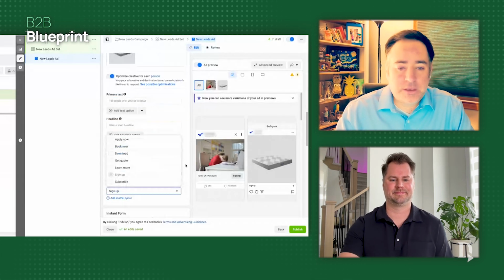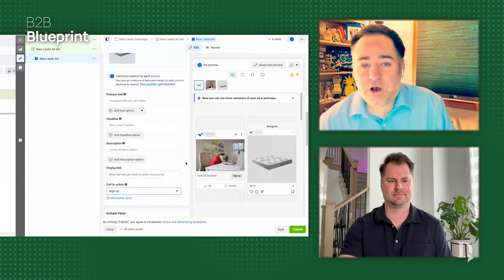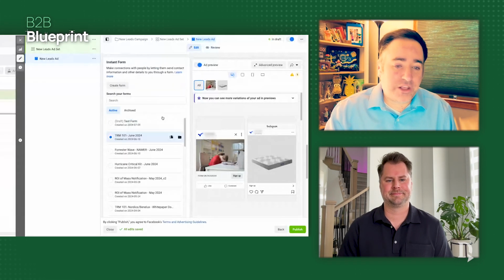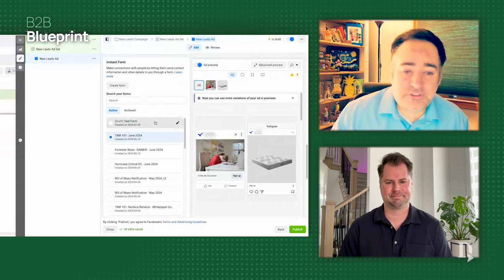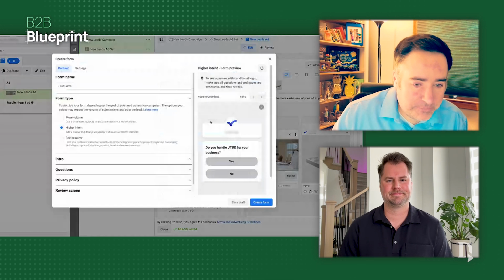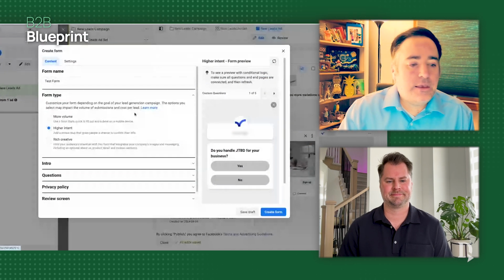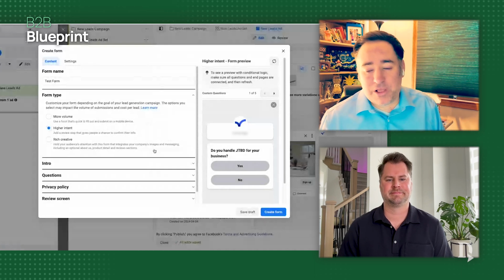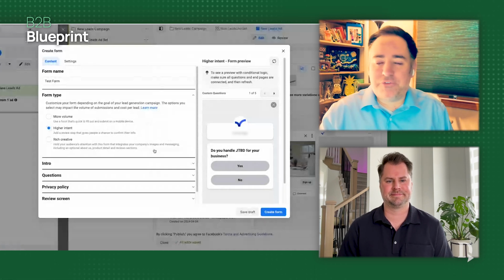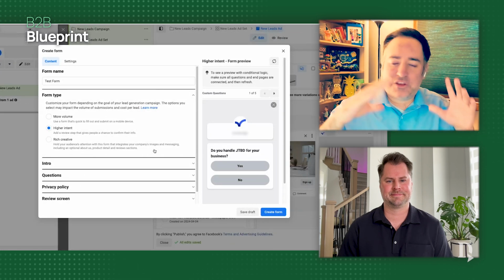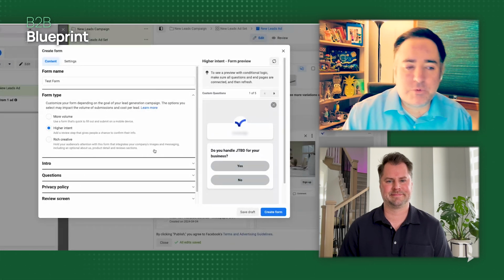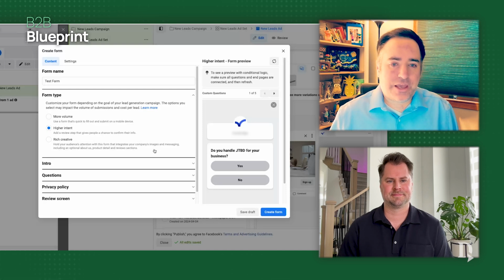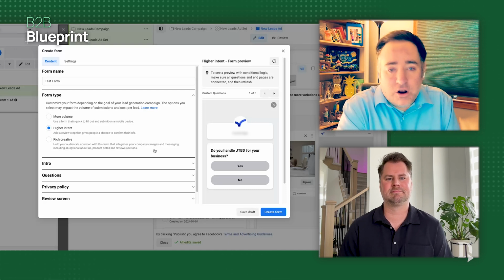definitely do so. The most important part of all of this, besides your audience targeting, is creating your form. I'm going to use a test form that I set up ahead of time. Basically, what you're going to be doing is going through this form setup and using it to pre-qualify as much as possible. So you feel great about your audiences and exclusions and all of that, but really what it comes down to is there another step that we can add to make sure that your B2B audiences are the right